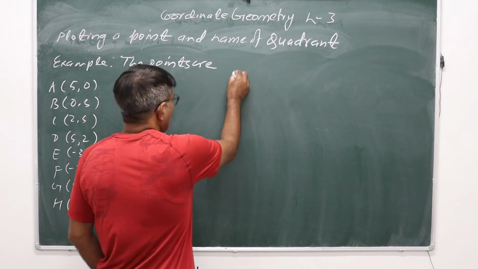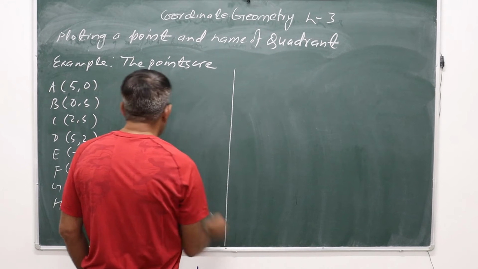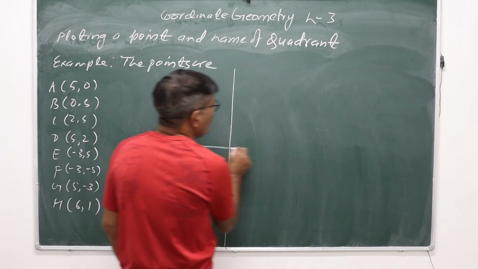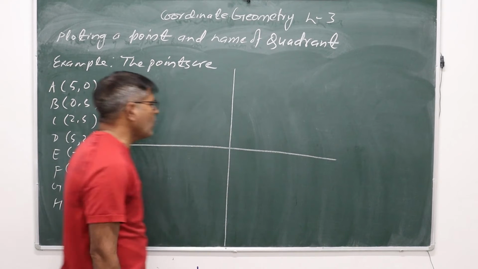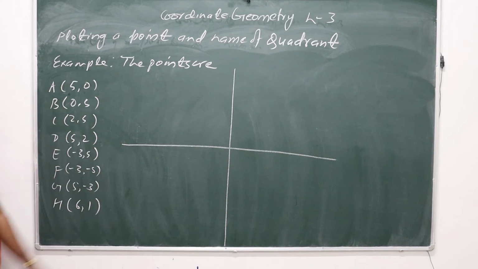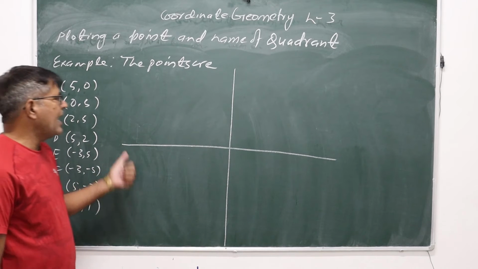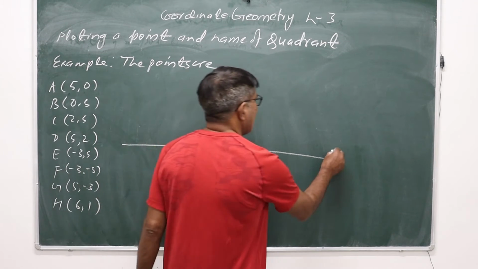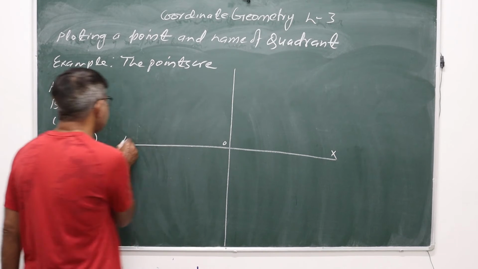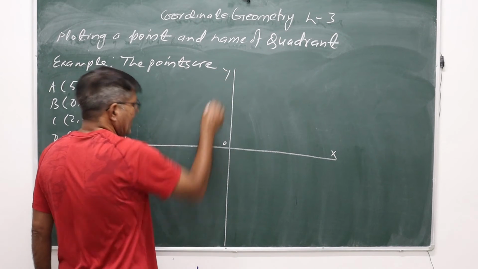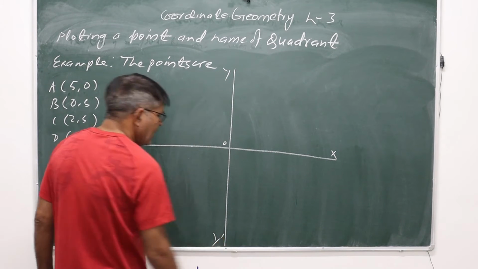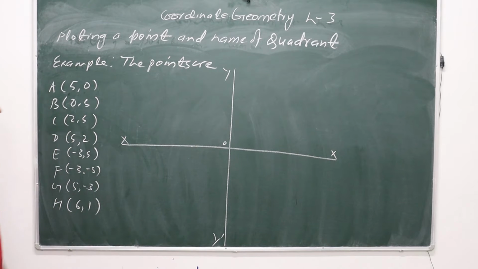So to plot the given points in a Cartesian plane, we will take two mutually perpendicular lines. What you have to do? First, you have to take a graph paper, and on the graph paper at the center, you have to draw one line which is known as X'OX, and another line YOY'. So these are the two mutually perpendicular axes. Now how will you draw these two lines on the graph paper?